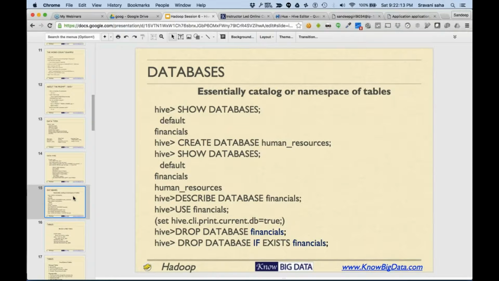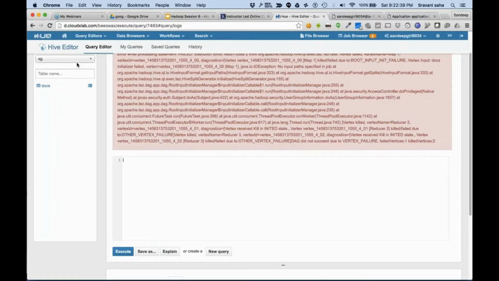All right. So databases are nothing new. You must have used them everywhere. It's like a folder to separate my data from yours. To see what all databases are there, you could say show databases, and it will show you all the databases. You can try right away from the console or from the web and see the list of the databases. From the web, you can also see the list of databases here.